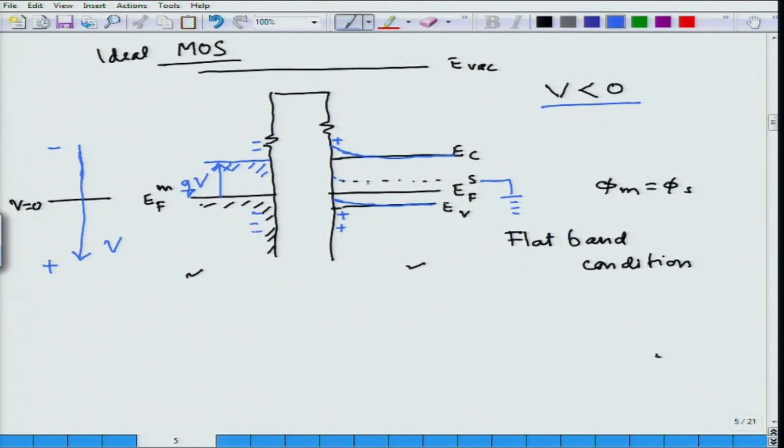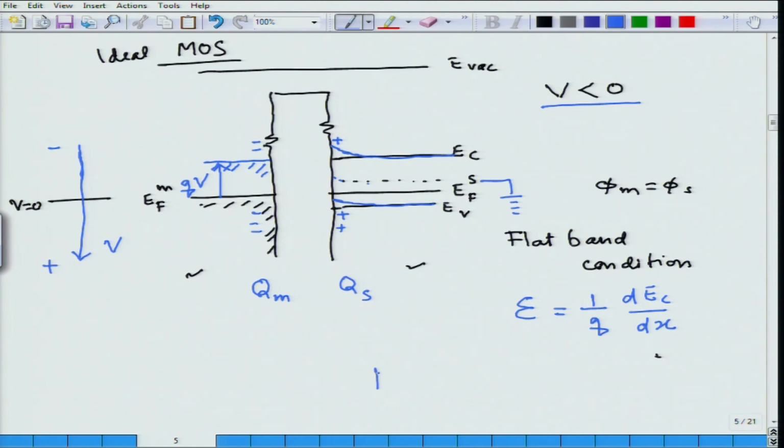Now, because of this positive charge, I am going to call this the charge on the metal side and this the charge on the semiconductor side, and this charge is going to lead to a capacitance across this oxide. Now, since I have applied a voltage and the situation is in equilibrium, it basically means that the electric field, the amount of band bending which we have done earlier, is going to be 1 over q and the band bending of either EC, EV or EI with respect to the Fermi level. Fermi level remains constant,